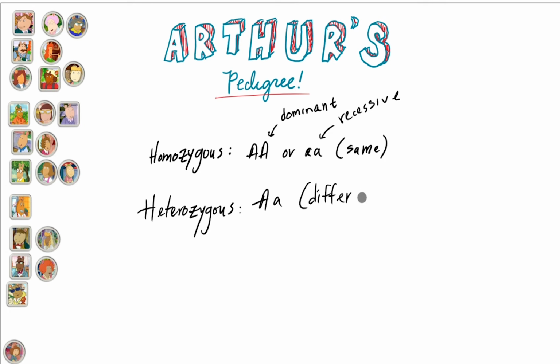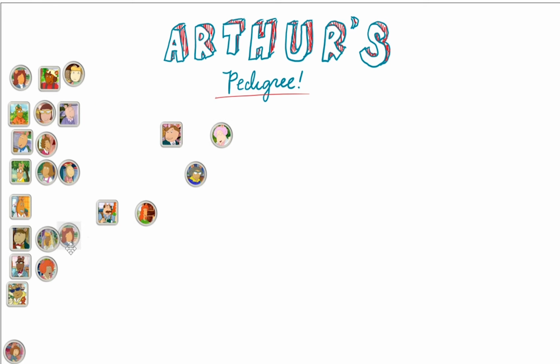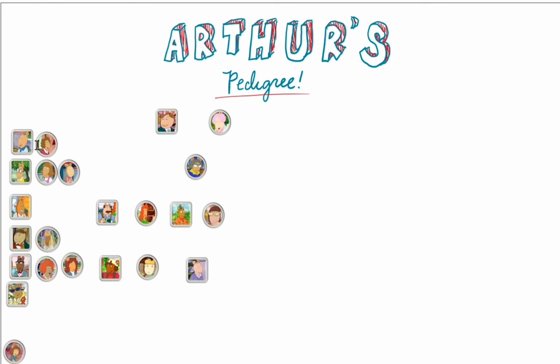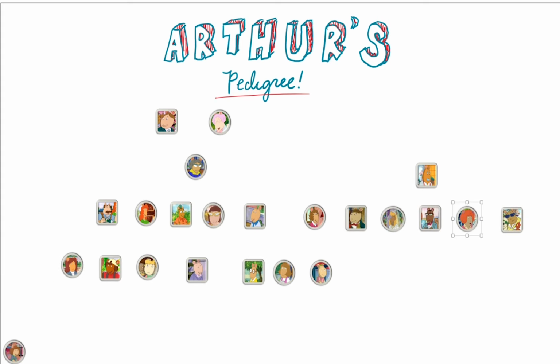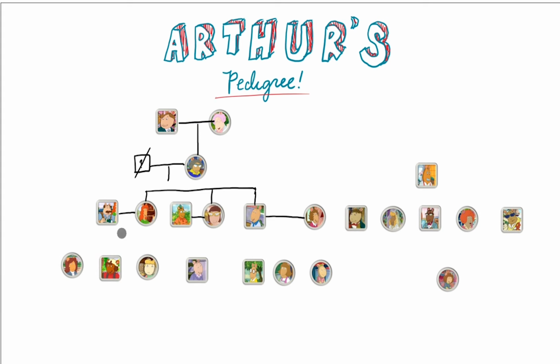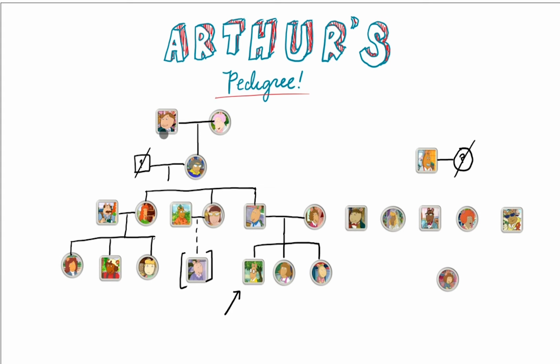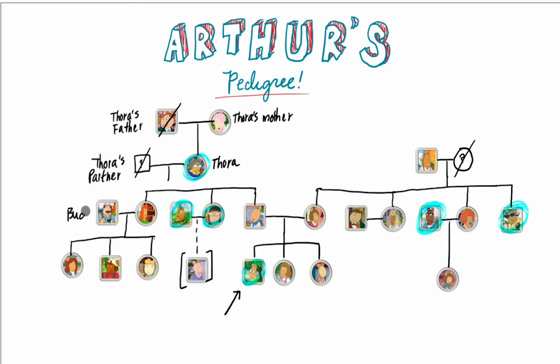A and little a. So let's see if we can distinguish whether or not nearsightedness in aardvarks is an autosomal dominant or autosomal recessive trait, and also if we can assign genotypes to each of the family members. There are certain phenotype patterns that we can use to predict inheritance. A good place to start is to find parents who have the same phenotype, but children who do not share that phenotype.